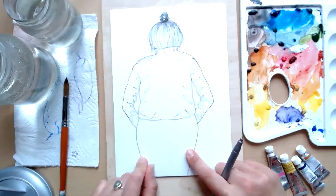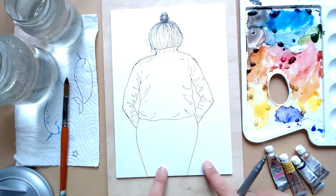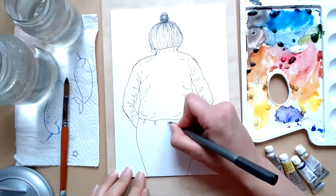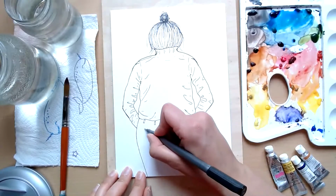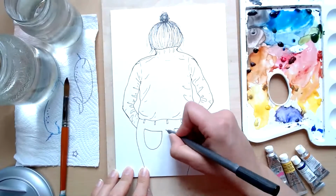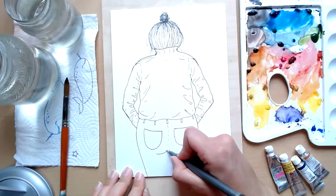So you can deal with this however you want. You could leave it like this. It'd be like a pencil skirt. You could add waves to it to make it into a flowy skirt with a design on it, or you could turn it into jeans. So I think I'm going to turn it into jeans and do a couple of little belt loops along the way. Some big pockets. Little seam, maybe. I don't want to make it look weird, but